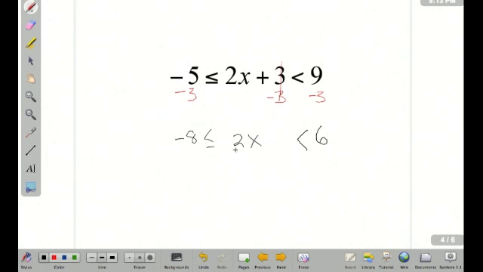Now we're going to solve for x by dividing everything by 2. And what we're left with is x is less than 6 over 2, which is 3, and negative 8 divided by 2 is negative 4. So now our inequality reads x is less than 3 and x is greater than or equal to negative 4. So if we're going to write that on a number line,